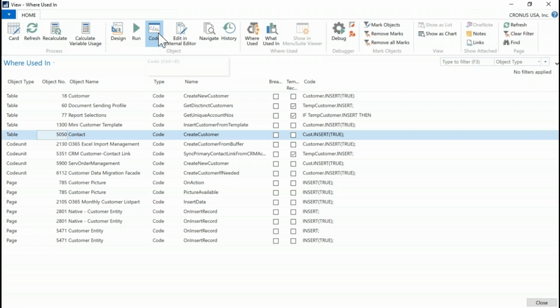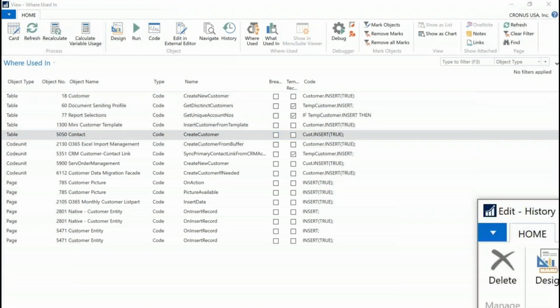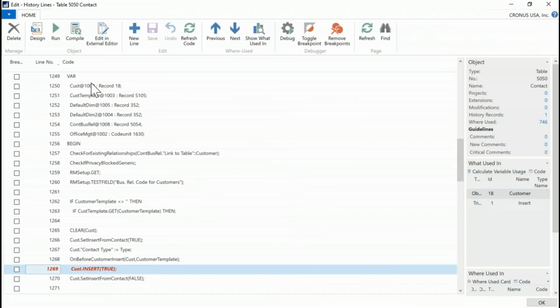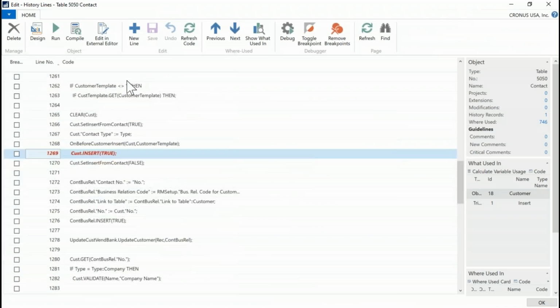And I could actually drill down and look at the actual code if I wanted to. So you can see here it is. There's the actual code line inside that particular object, the contact table, as you can see up here in the header. If for some reason I felt that at this point I needed to modify that line of code and I felt that this is the proper place to do it, I can in fact from here invoke the